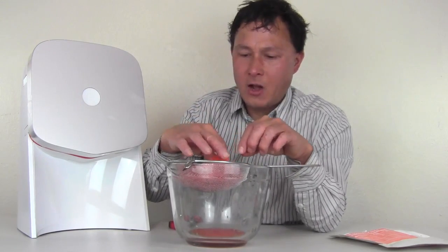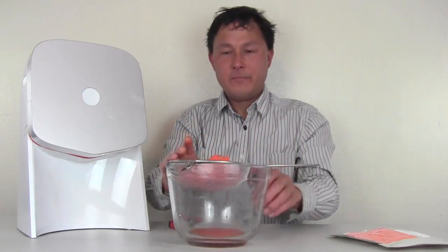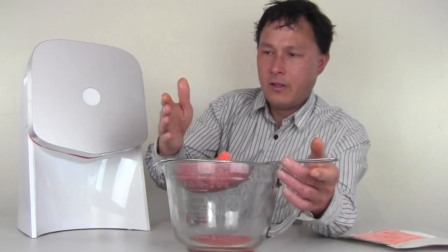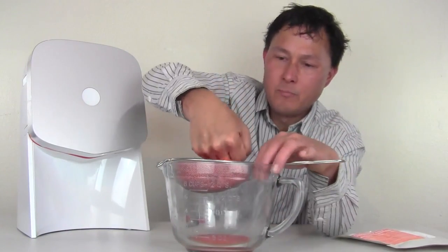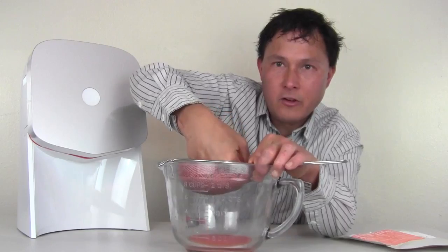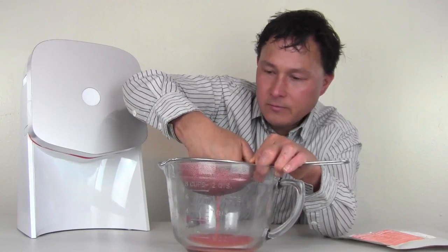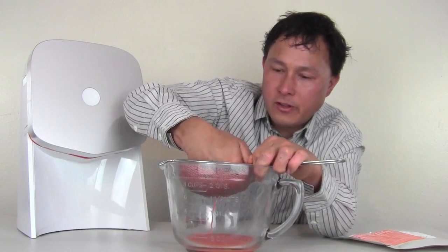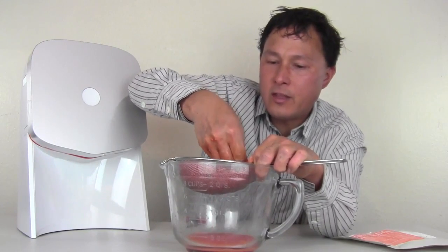Now the question is, how juicy is this stuff, right? So here's the thing, I'm going to put this right here in front of the camera, and we're going to take my hand and just mash it in. Look at that. Look at all the juice squeezing out here. So even though it's been shredded, there is a good percentage of juice sitting within here,